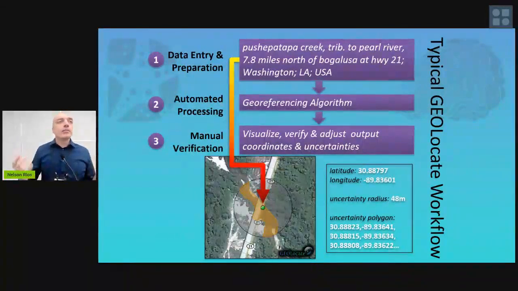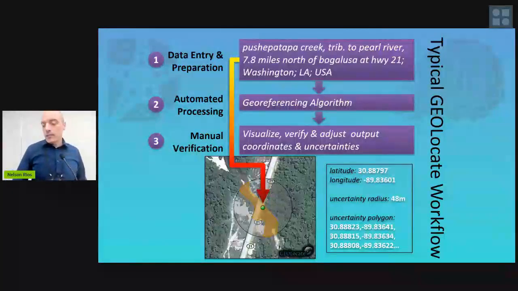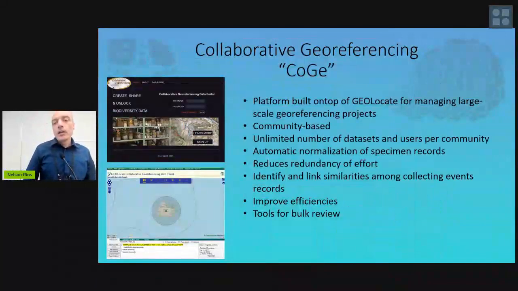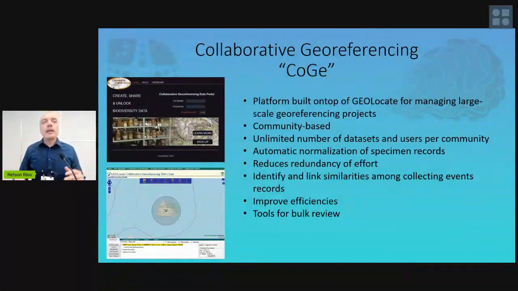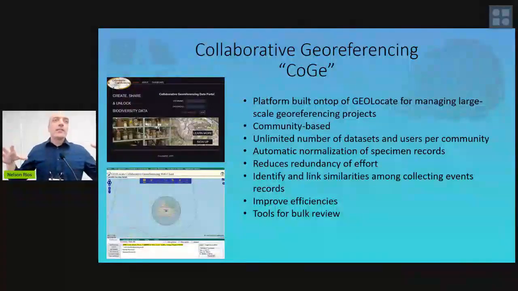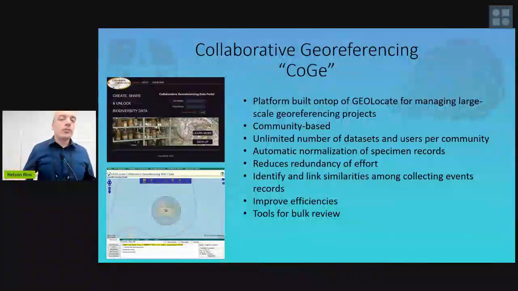That's where humans look at the results of the automated process and make decisions as to whether the uncertainty is appropriate or the points are in the right areas. Do they need to adjust them, or create polygons to better describe locations? So that's the core of how georeferencing works. Around that, we've wrapped something that we call CoGe, for Collaborative Georeferencing. This is a platform built for managing the data, the infrastructure, and the people involved in large-scale georeferencing